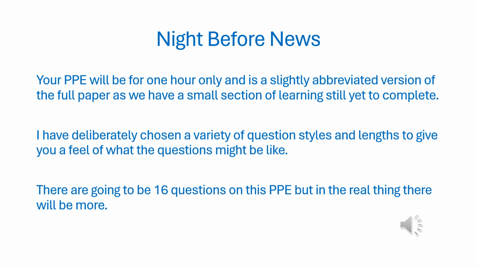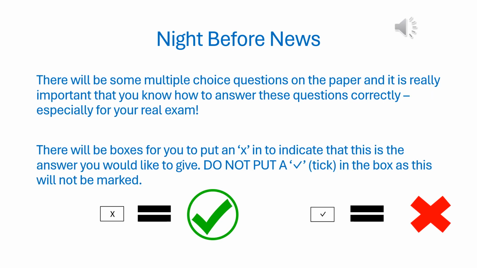So I've deliberately chosen a variety of questions and styles of questions and length of questions to give you a feel of what the whole paper might be like. And so you're not going to get any longer answer questions on the real thing, because I've picked a 6 marker and that's the longest one you're going to get. So there are going to be 16 questions in total, but on the real thing there will be more than that. So to kick us off then, there will be on the paper somewhere a couple of multiple choice questions,